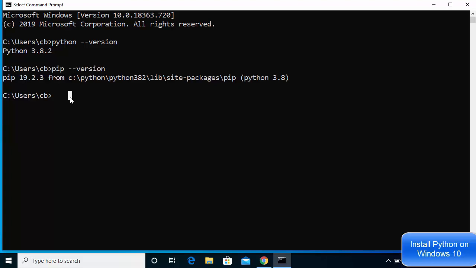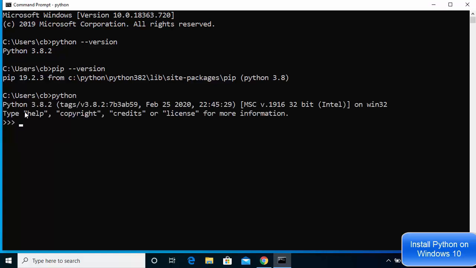And here also I can just write python command and then press enter, which is going to open the Python shell on my command prompt. And then here I can just use this command prompt, which is the Windows command prompt, as a normal Python shell. Okay, so once again, hello world, and then press enter, and it gives the same output to us. So you have these three options. Whatever you want to choose, you can choose out of these three options to work with Python on your Windows operating system.